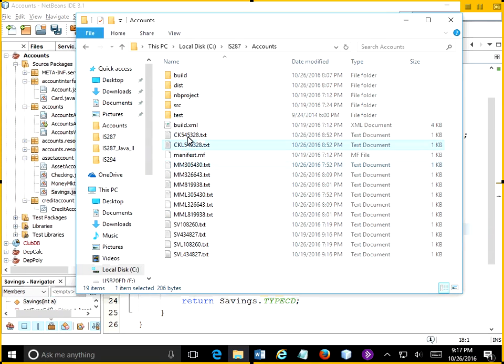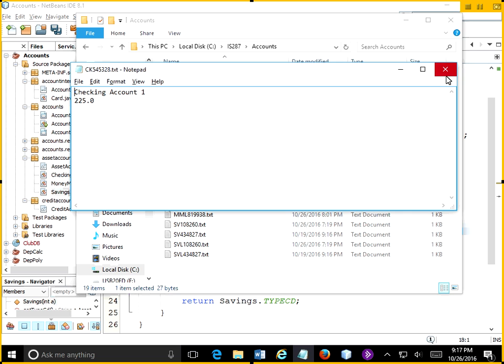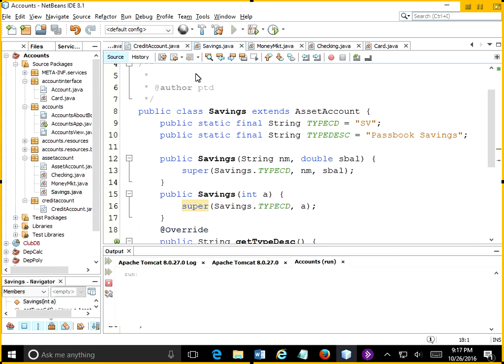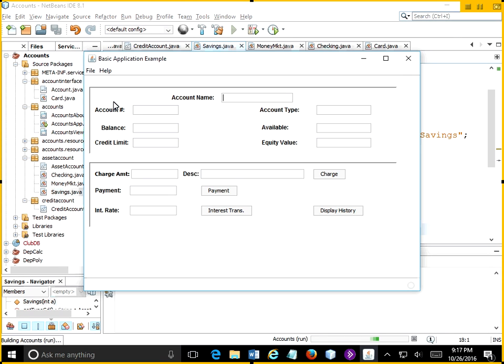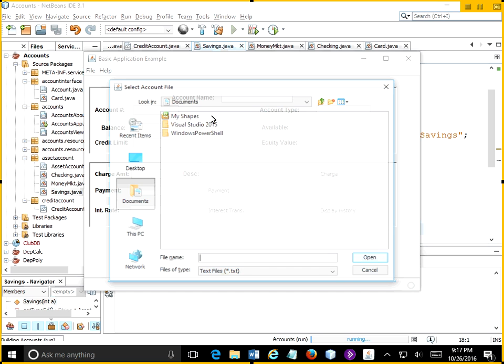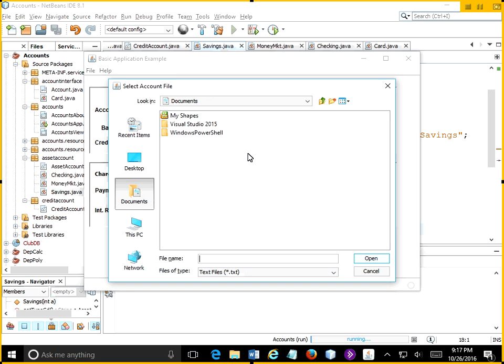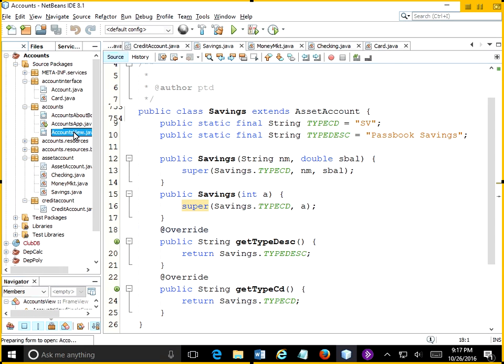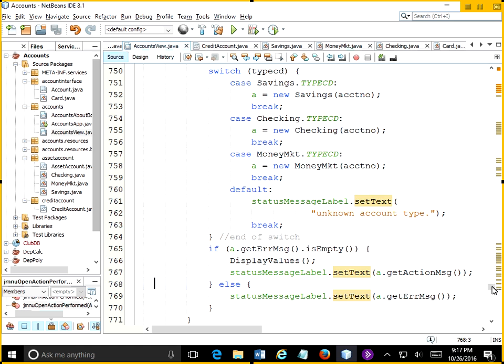Let me check a balance. If I reopen my checking account, it has a 225 current balance. So let's see if I can grab that one. So I'm going to run, do a file, open existing account. It brought me up, but it brought me up in a location that I don't really like. It kind of surprises me. So let's set a starting value on the file chooser. I didn't do that. So in the accounts view,